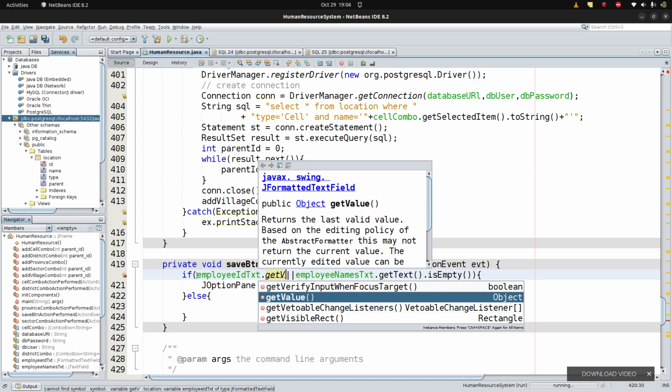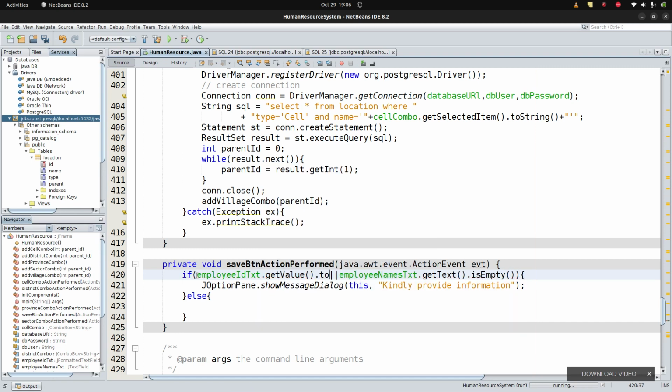It gets the value, and then it has converted to string so that it can check whether it is empty. We grab the value, convert to string, then check whether it is empty, so that we can make sure the user provides the value. The only valid input value is going to be 5 of them, otherwise it's not going to work. Okay, so now if the user has provided the information,